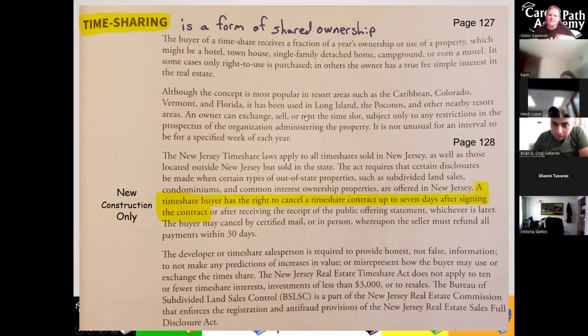We're not going to read through it. Instead, I got a couple of videos to show you and explain to you what a timeshare is and if it's good to buy into them or not. I'd say stay away from them. They were good at one point in time, but today I would say stay away from them. Once you get your real estate license, you might have people approach you asking if you sell timeshares or if you could sell a timeshare. And you think that you're in real estate so you can, but I would avoid them.